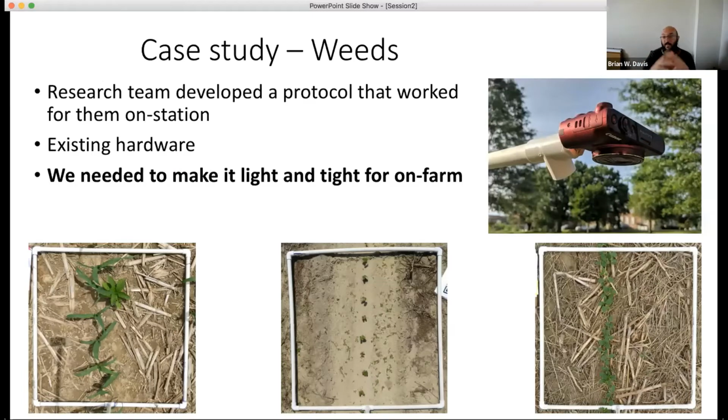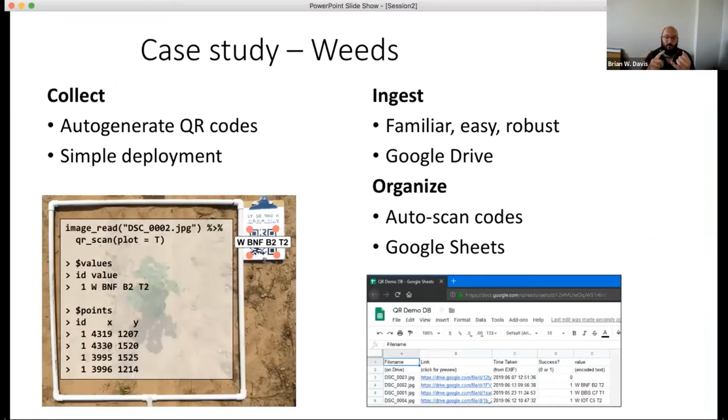And so the way that we got around this was, instead of having to send an expert out to the field, you take an image and you just print out, on the next slide, a QR code that was automatically generated. It was automatically stored in Google Drive so that you could just download all the QR codes, print them out, stick it in the picture, upload the photo, and you didn't have to do anything else. And that way we were able to know what photo came from where, what treatment it was, all of these things. And so this is an example of something where the data flow team wrote code to make someone else's